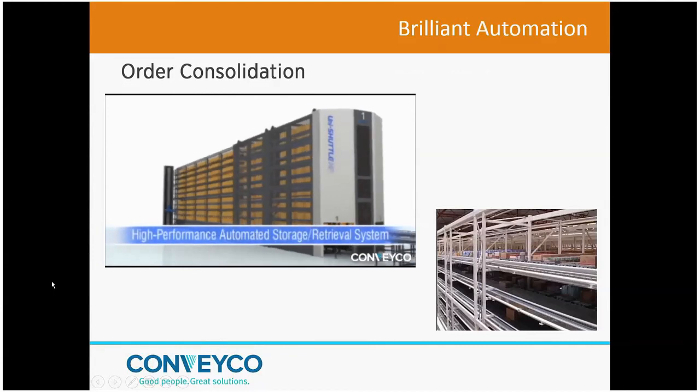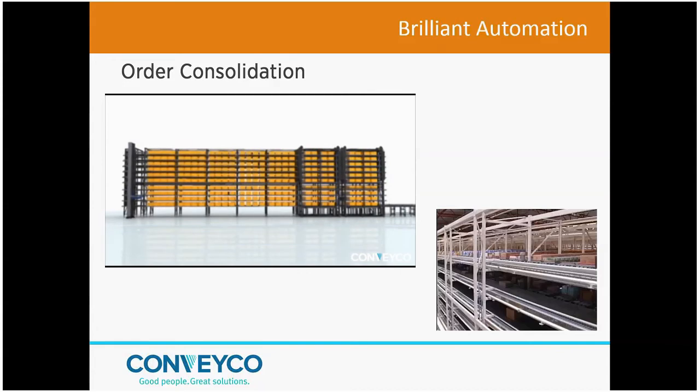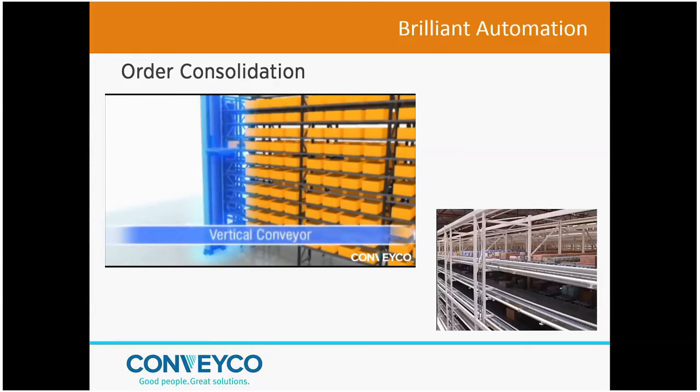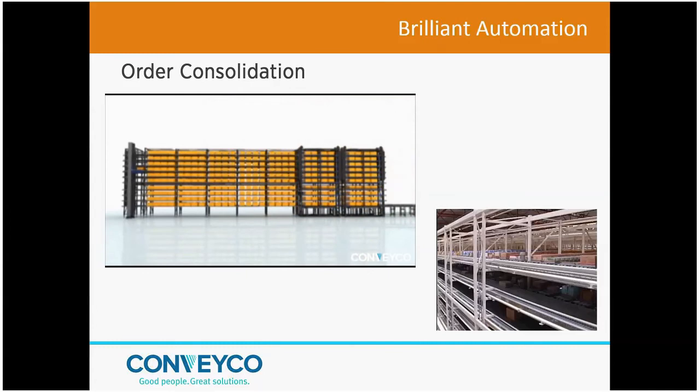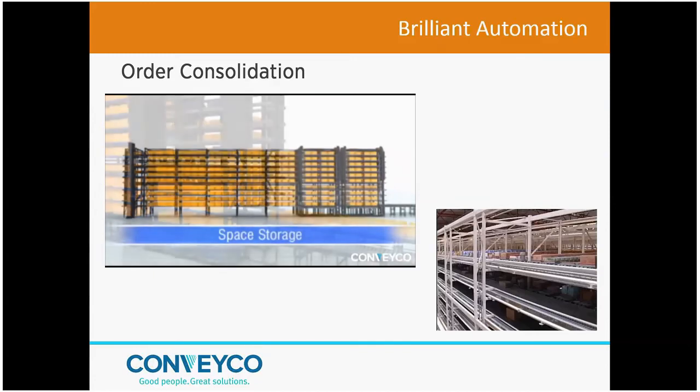We mentioned order consolidation. There are several technologies. One is a shuttle type system to the left in this video that is really not designed for picking, but it is designed to take cases or totes, allow them to be picked independent of each other. So if you have a multi-tote, multi-carton order that may take an hour to pick in one area, 5 minutes to pick in another area,